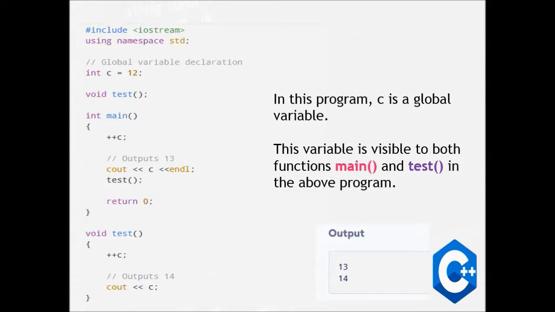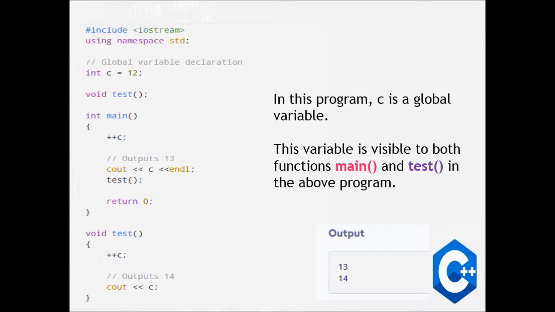Now this variable int c is declared at the starting of the program instead of inside the main program or inside any function. So this variable int c is equal to 12 is called a global variable.